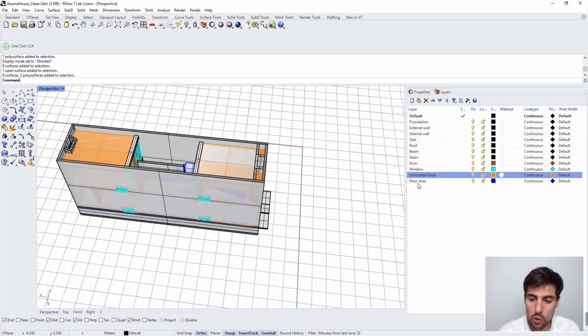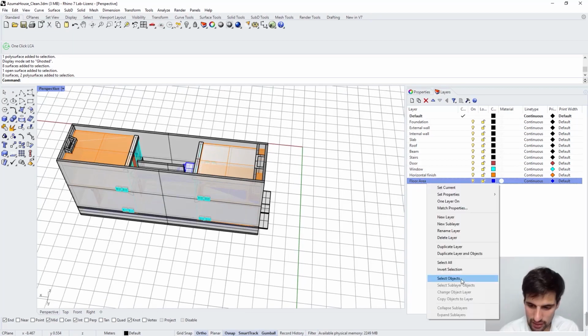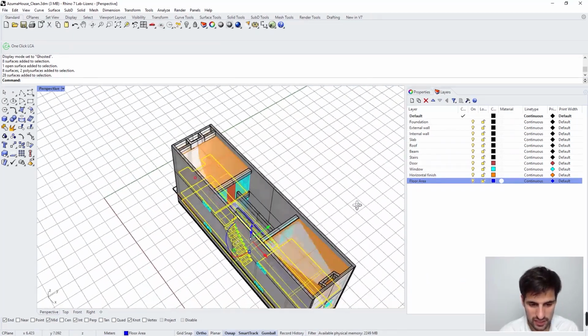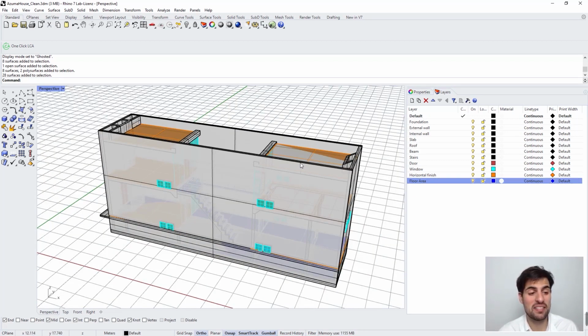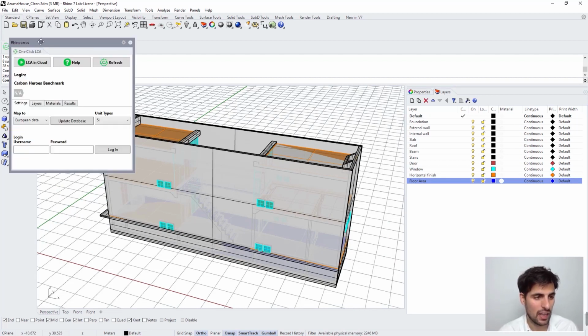And finally, we have this final layer, floor area. These are these surfaces here. This is not going to be exported as a building material for the lifecycle assessment, but the purpose of this layer is to measure the building area in order to compute the results accurately, as we are going to see later on. We have our clean 3D model, so now we are ready to start our plugin for One